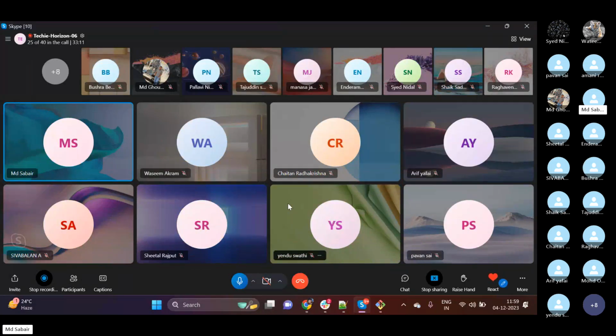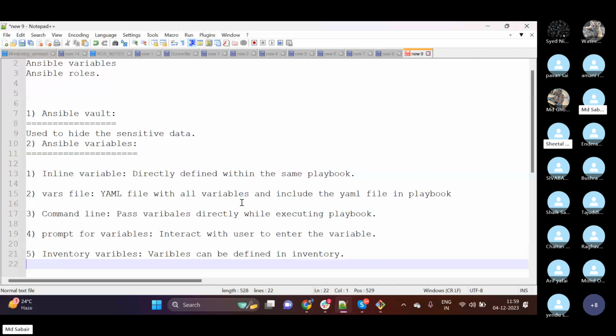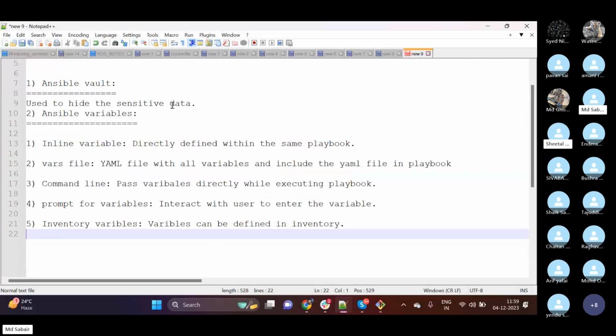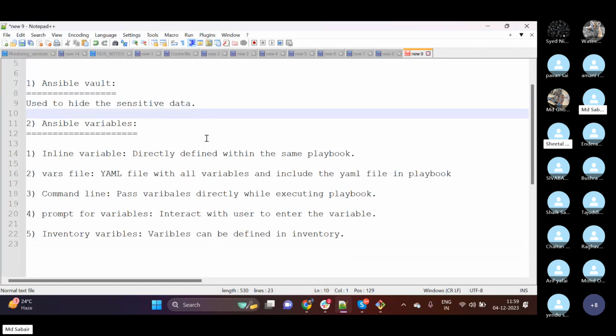Okay, so we have different types of variables that we can pass in our Ansible playbooks. Then we also have something called loops in Ansible. For example,